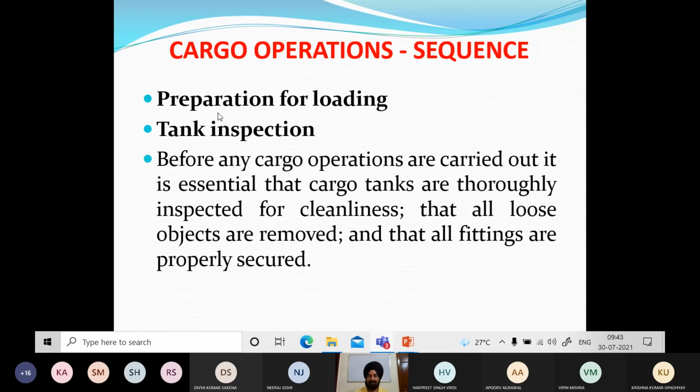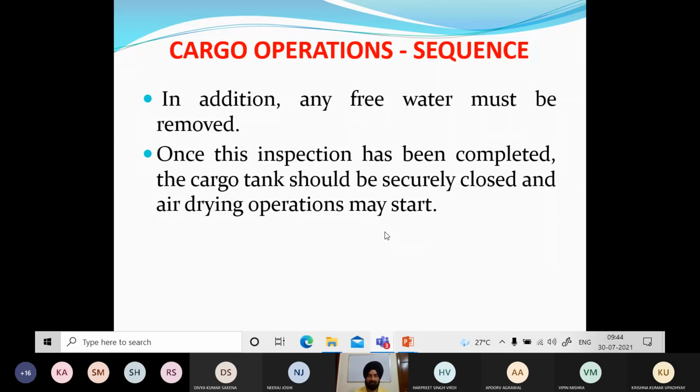प्रेपरेशन फॉर लोडिंग, टैंक इंस्पेक्शन फर्स्ट थिंग, before any cargo operations are carried out, essential cargo tanks are thoroughly inspected for cleanliness. वो हम कर देंगे ड्राई डॉक निकलने से पहले, and all loose objects removed, all fittings, everything is properly secured. तो ये इंस्पेक्शन तो आपकी ड्राई डॉक से निकलने से पहले ही कंप्लीट होगी। इन एडिशन एनी फ्री वाटर मस्ट बी रिमूव्ड, सो टैंक्स को अंदर सब सफाई करके देयर शुड बी नो वाटर,